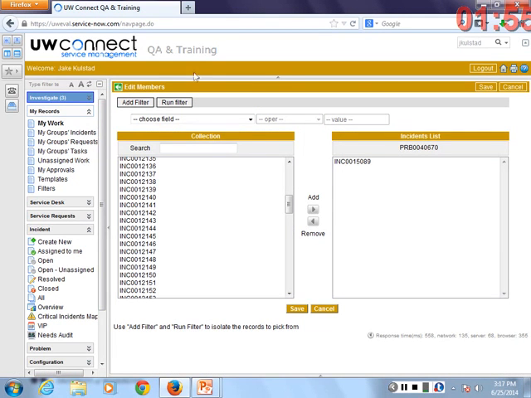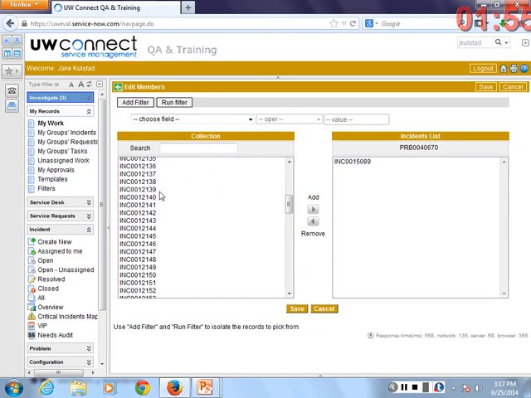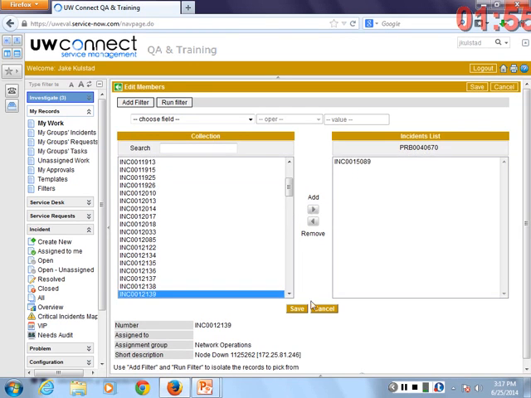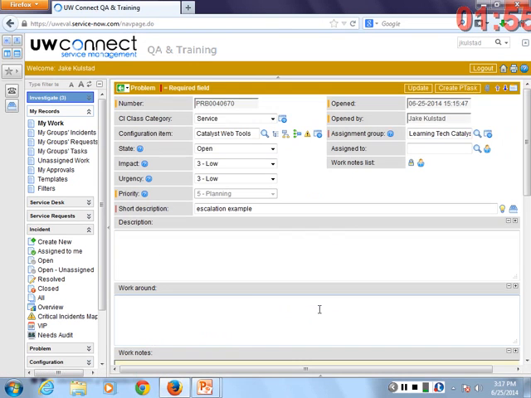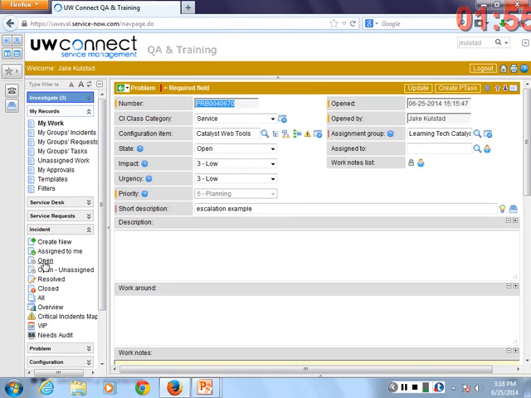And now I actually have the ability to search amongst all the incidents and find those that I would like to link to this problem. That make sense? I could choose other fields to search on if I really want to go through and do it that way as well. But I could grab any other incident and add it over if I have a list of incidents to associate with it. That make sense? That's one way to create this list and associate them with that.